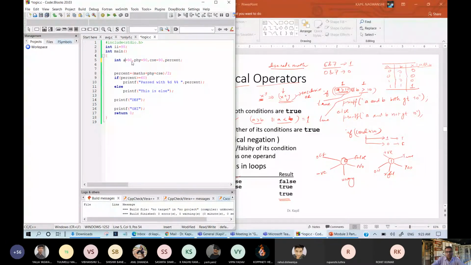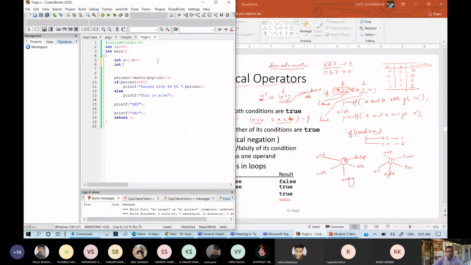A equals 1, B equals 0, C, an integer, C equals A and B. Okay, this is our problem.